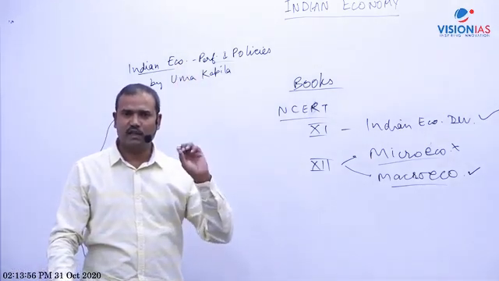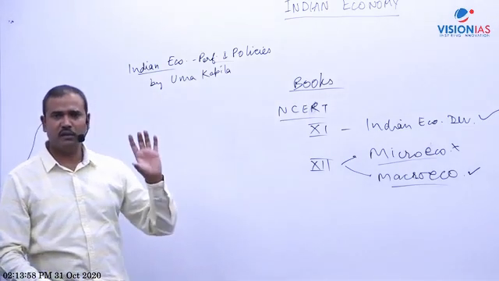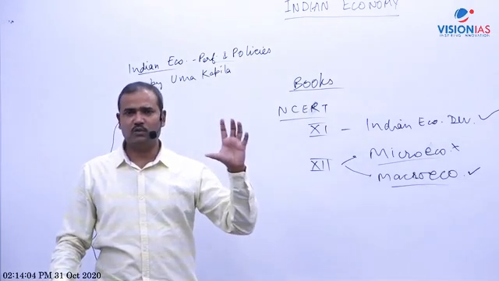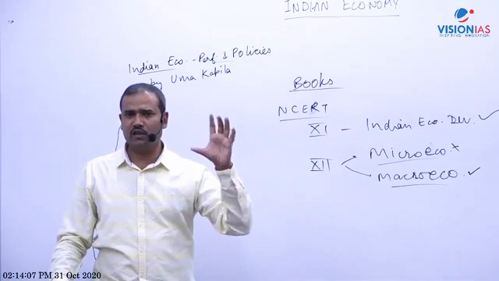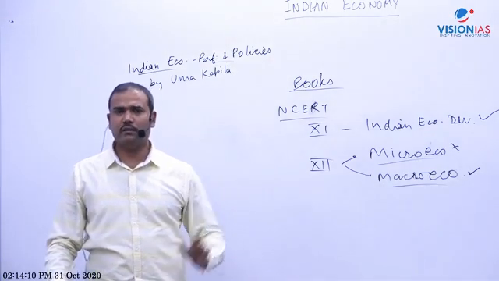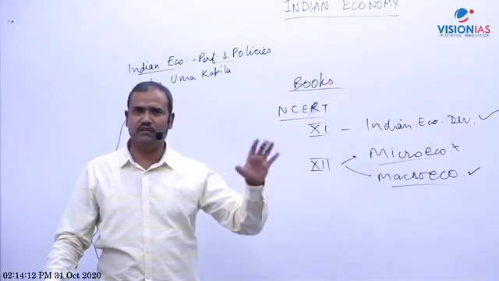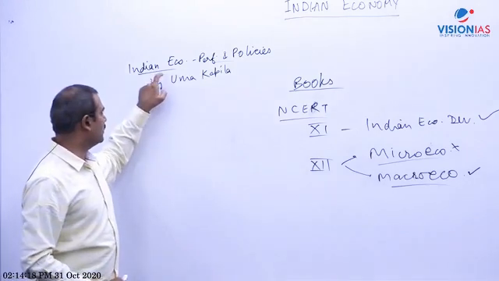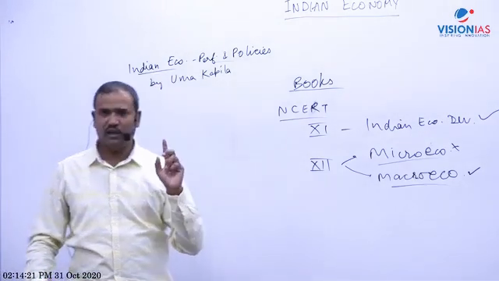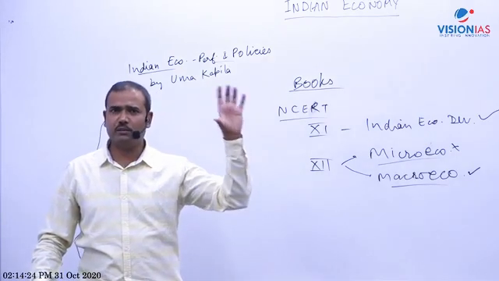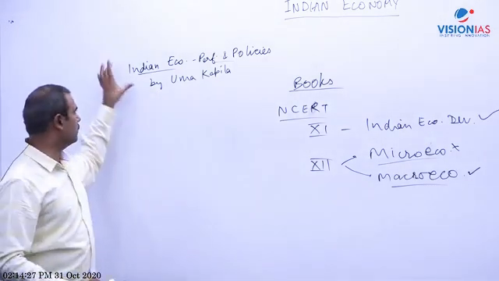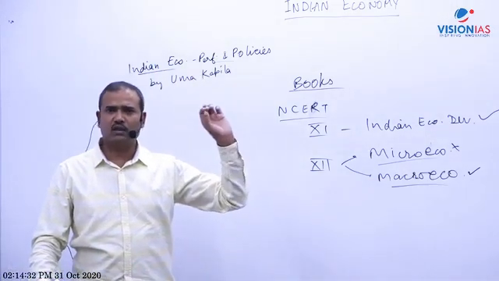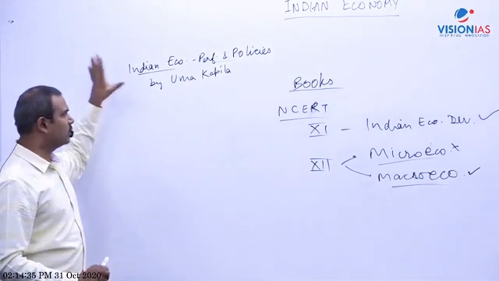Another very famous book is Indian Economy by Dutt and Sundaram. But that is a very bulky book, so I will not suggest you go through it. Dutt and Sundaram and even Mishra Puri are very good books, but they are bulky and especially written from a university perspective. This one is a less bulky book. Uma Kapila has written one more famous book, Indian Economy Since Independence, but that is bulky and not needed. It has a collection of articles from prominent economists on specific issues, which is not so important from the GS point of view. So you may go through this one.